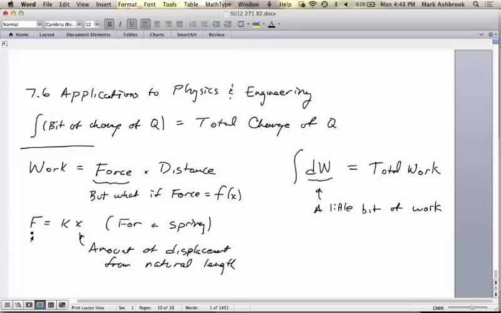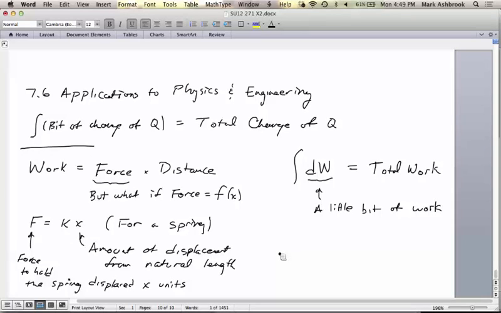Okay, and then this is that, and this is the force to hold the spring displaced x units. Okay, k is the spring constant. That's just a constant